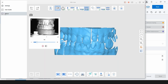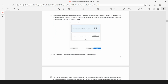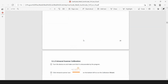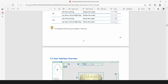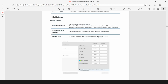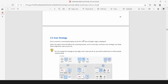If you hit about, this is the user guide that'll help you. All your steps, everything we covered, there's the plate, what it looks like when it passes. That's the intraoral calibration. What everything does with the mouse moves, pictures we looked at today, everything you need to know from start to finish is in here. So basically, if you have any questions about why or what to do,